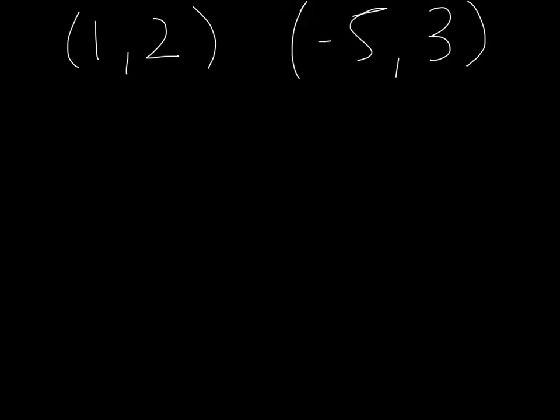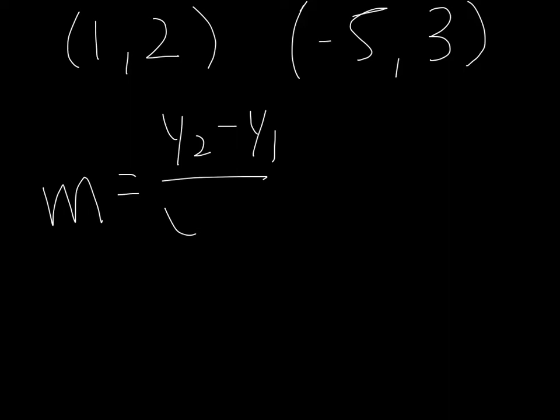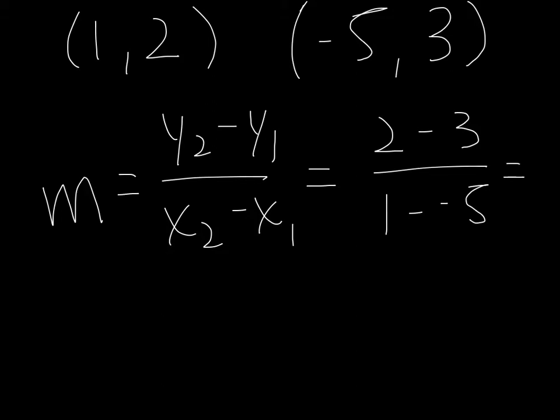So let's practice. Say you had the points 1, 2, and -5, 3. M equals y sub 2 minus y sub 1 over x sub 2 minus x sub 1. Plug it in. 2 minus 3 over 1 minus -5. The top turns into -1 and the bottom turns into 6. Therefore, your slope is -1/6, meaning